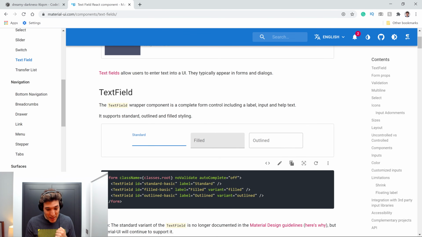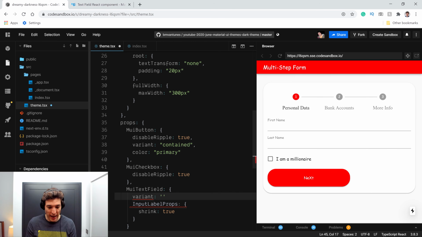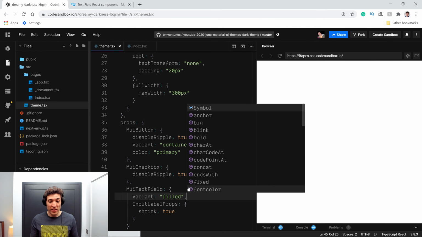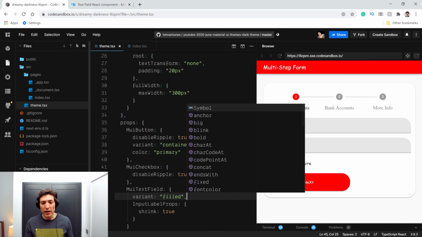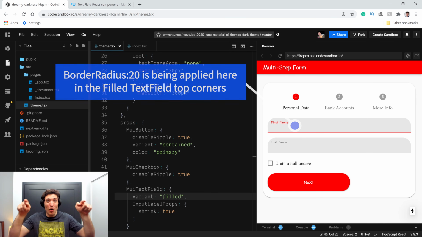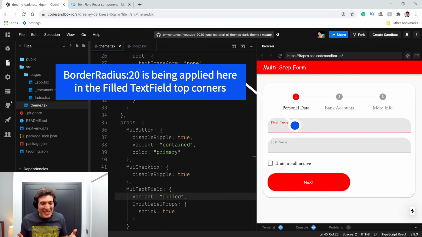So when we do that, let's go over here to our page once again, and let's say filled is one of them. So we just do that, and you will see that with the filled, now our buttons will look like this. So this is one of the examples again that we are using that border radius over there. All right. So now that we have that, that's fine.